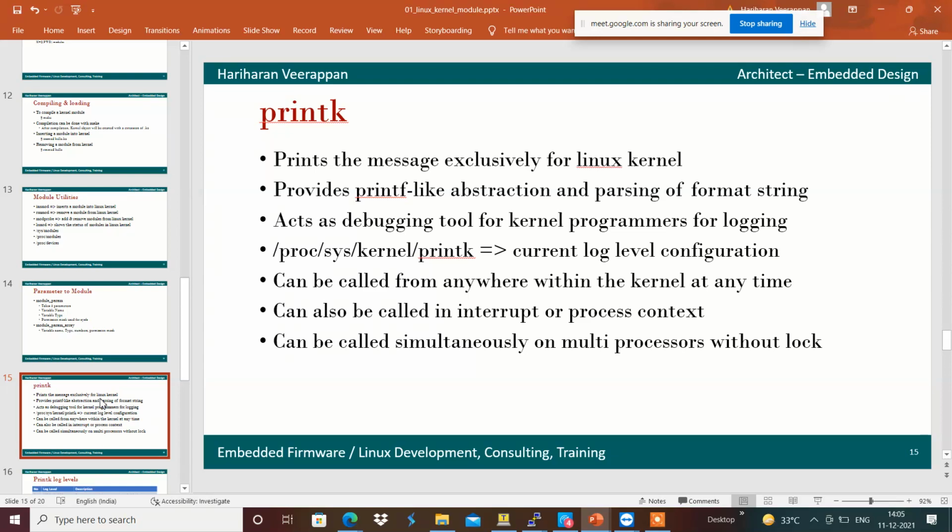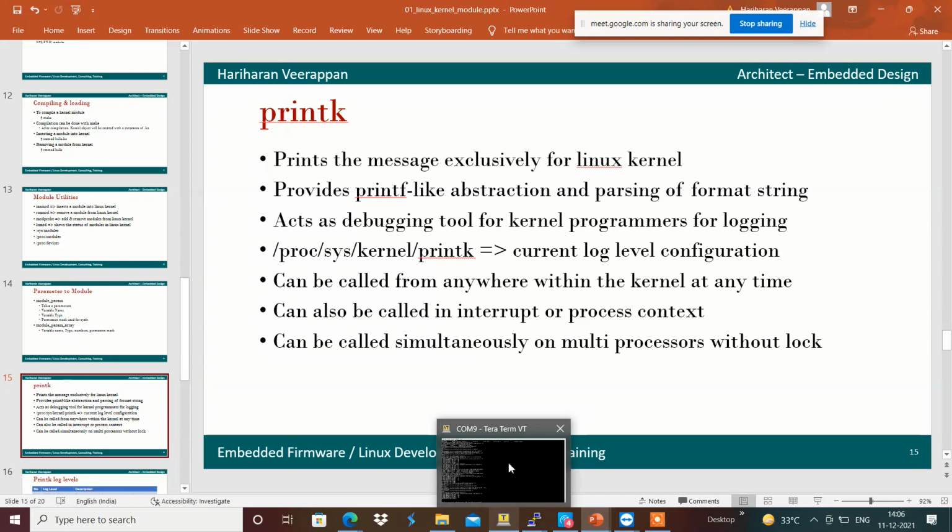It is very similar to the printf function in the C library, and it also supports format strings like %d, but it has been added with more kernel debug parameters, which we will see. The current kernel log level is present in /proc/sys/kernel/printk.